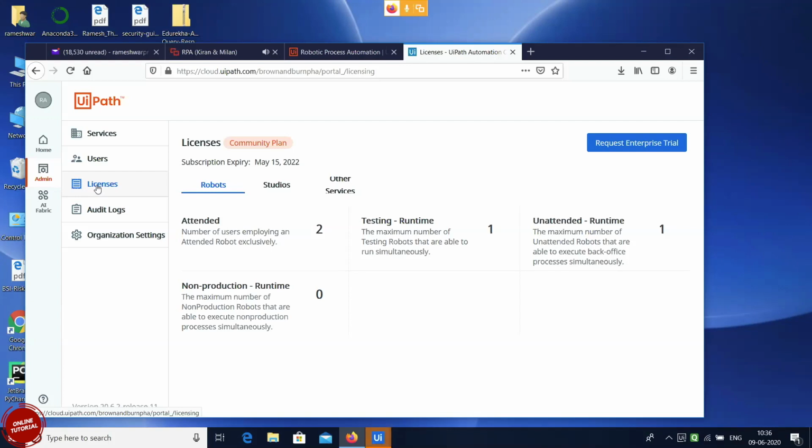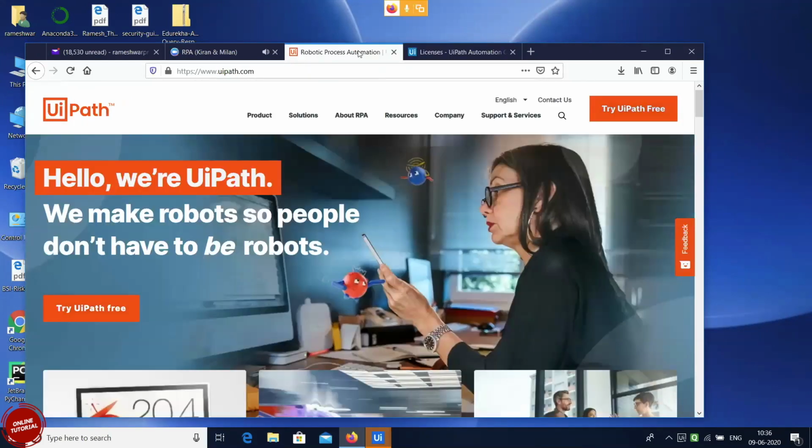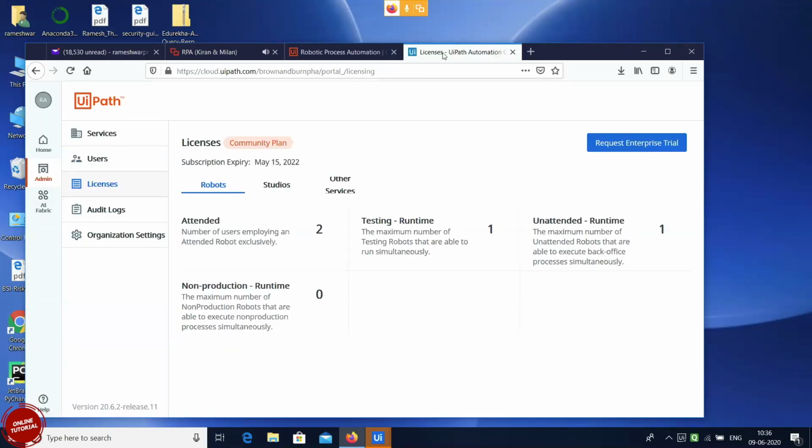I think this is the licensing concept, and that is why people are using this tool more. It's not because it's free, but because they are giving a free license, more and more people are learning and coming to the market.